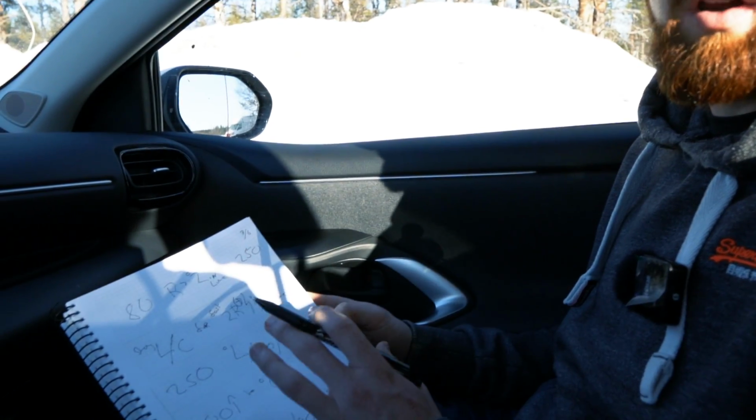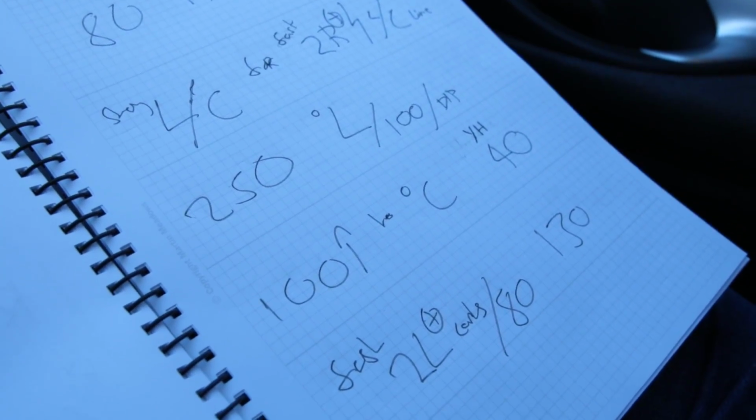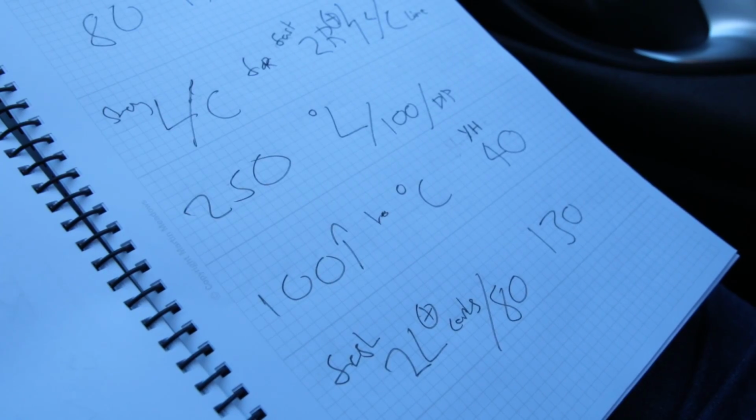Each page will just keep going, and it's very important to get the delivery of these notes right to Rory. He needs the right information at the right time. If I'm too far ahead, he's got too much to remember. If I'm too far behind, then we're coming into things and he's not going to know which way to turn the